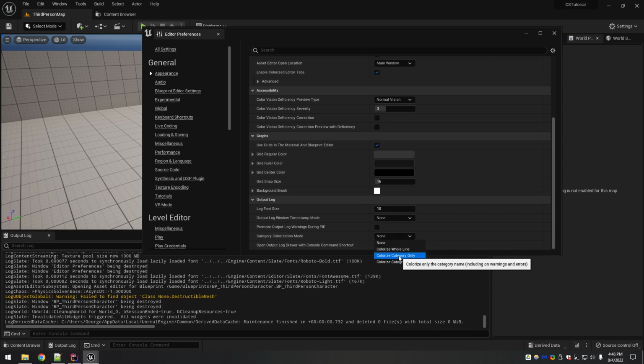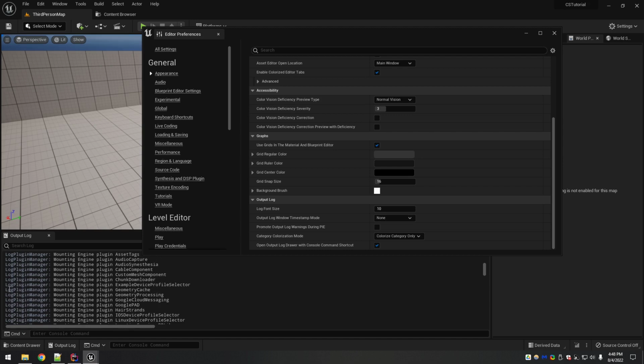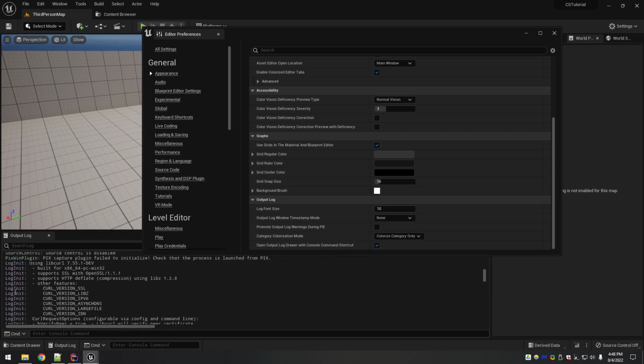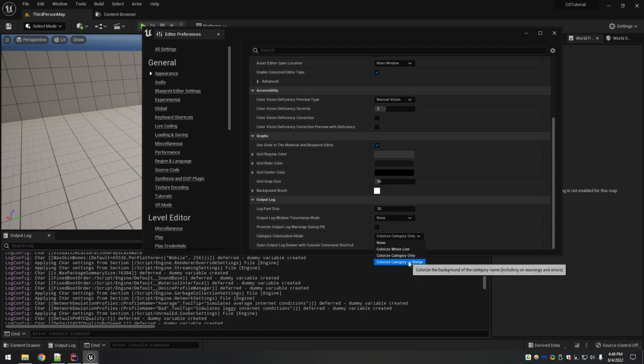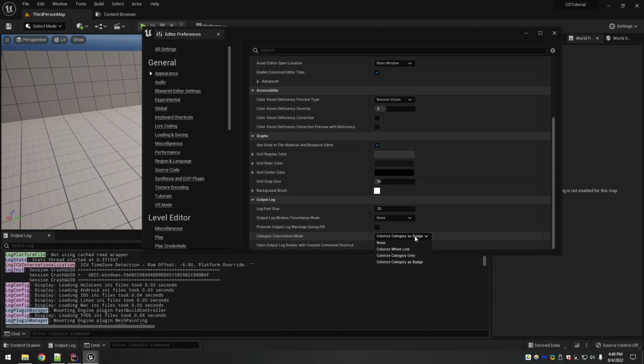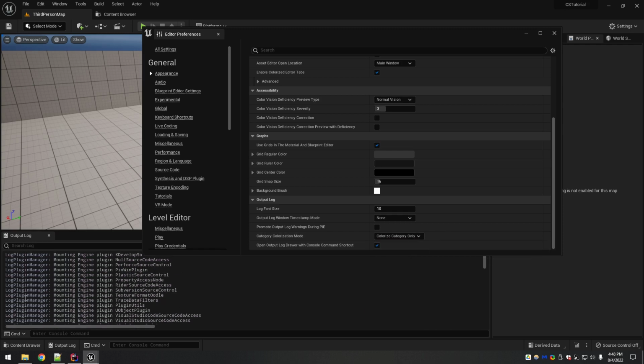You can do any of these options, but category only, I think, is really nice because it just sets the name of the log category to a color. You can do as badge, or whole line, but I just like this. It's minimal, but it's a nice little bit of visual distinction. So those are two things that I always set.